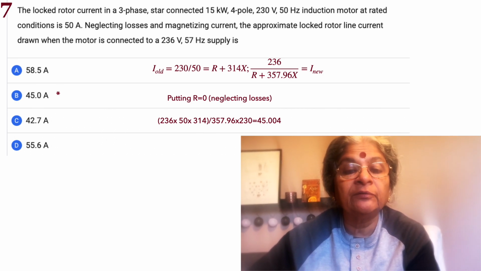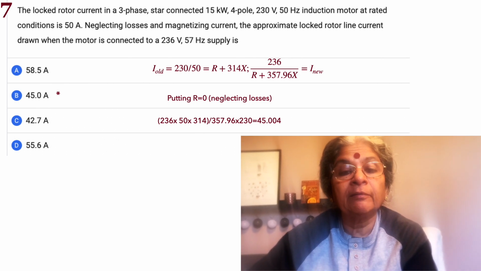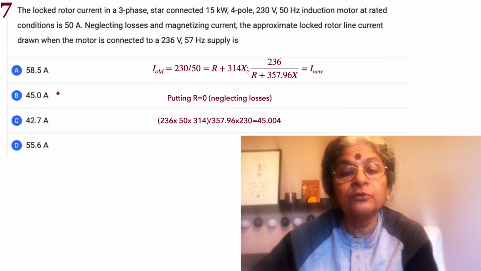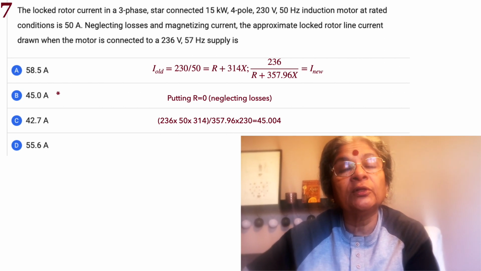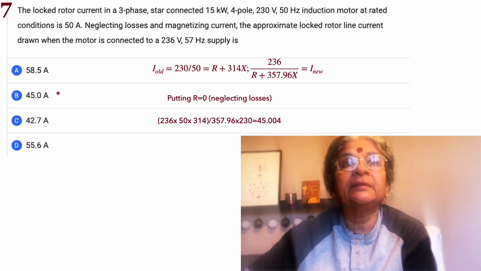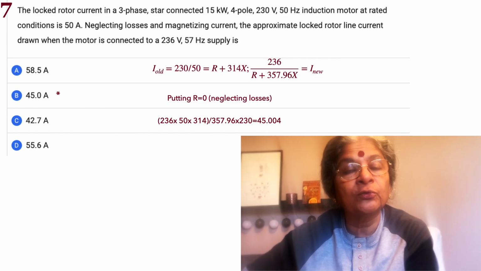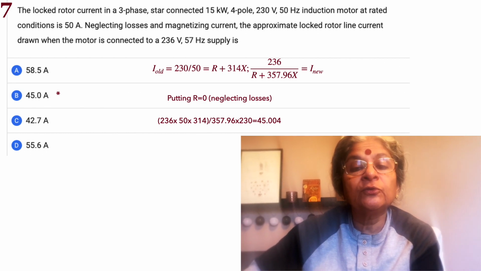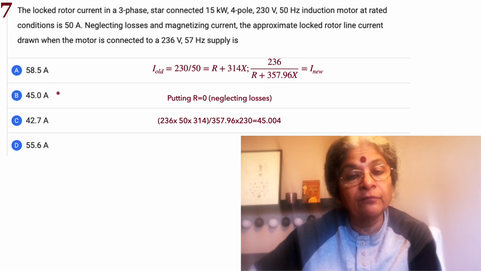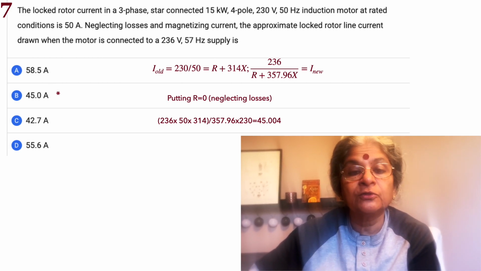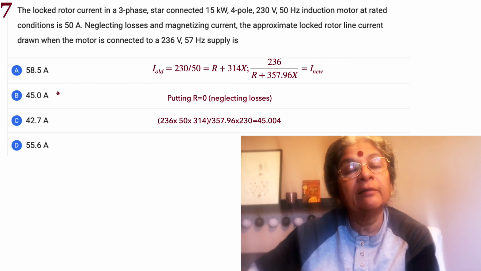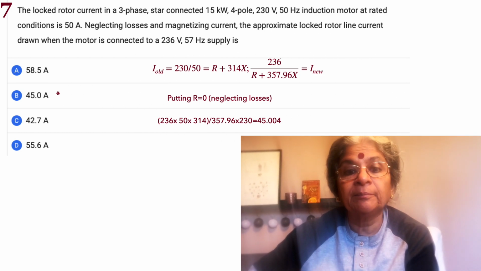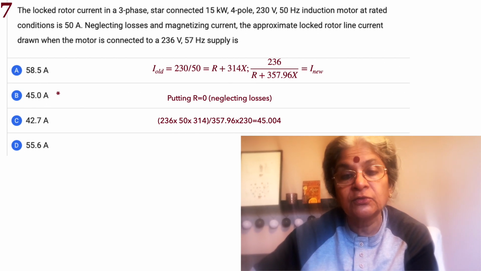such that we are having an impedance given by R plus jX, where R is equal to 0 plus j314L. Okay, so we are using 314L, that is X is equal to omega L. So 314, because earlier it was 50 hertz. Okay, so 230 by 50 is equal to R plus jX, where R is equal to 0 plus j314L. And at the same time we have another condition where 236 is the applied voltage and R is the same, L is equal to 0 plus j